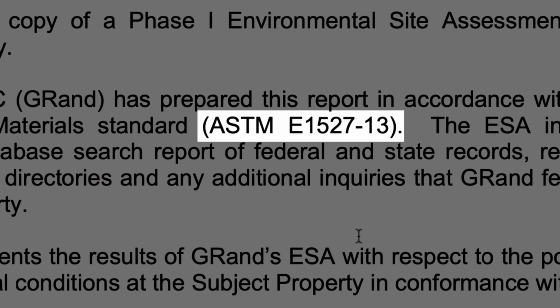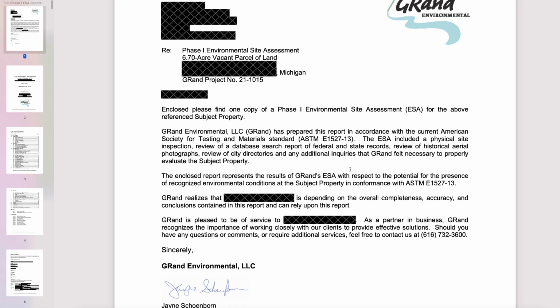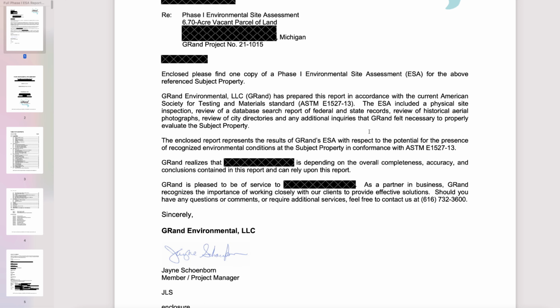And that's another thing about these reports, is that there are a ton of these acronyms buried in here, or industry lingo that no normal person should understand or know about. But if you're an environmental consultant or in the banking industry or something like that, you're probably going to be at least somewhat familiar with what these things mean.